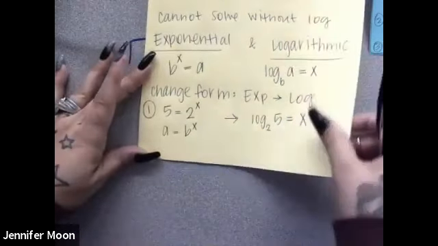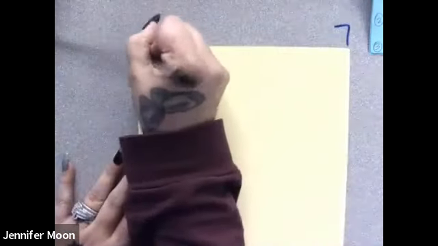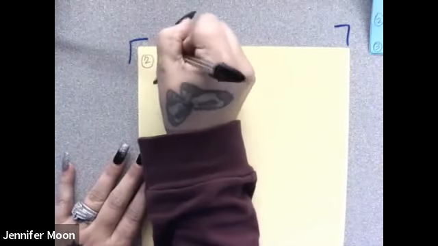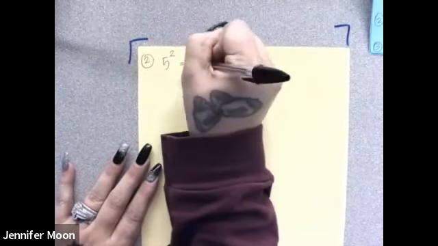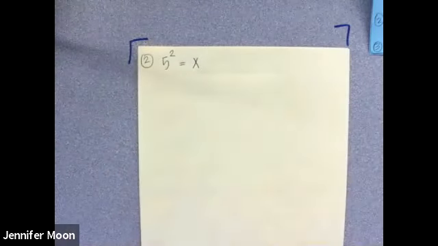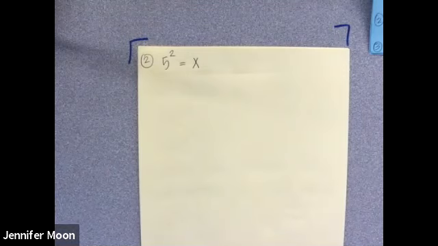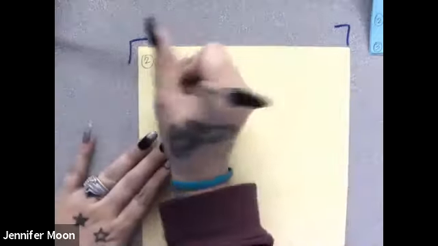So let's do this second example. Say we have 5 and it's being squared equals X. And they want us to write that in logarithmic form. I'm going to identify all my different parts. You don't have to do this every time. You could just have the form written up top and just kind of look at it. But I think to keep from getting confused,